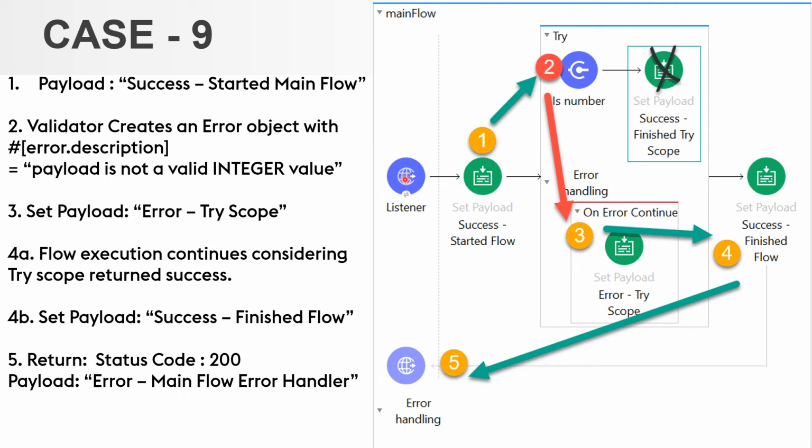This can be of great use in practical scenarios where you are using scatter gather. There, if you are calling four different clients, and if you are not getting a response from one of the providers, for example, if you are looking for flight rates, you're calling four different vendors, you're getting response from three but you're not getting response from one. In that case, do you want to block your request? No. Do you want to halt your execution? No. What you want to do is you just want to ignore that one of the vendors did not respond back, and you want to continue your flow of the process, right?